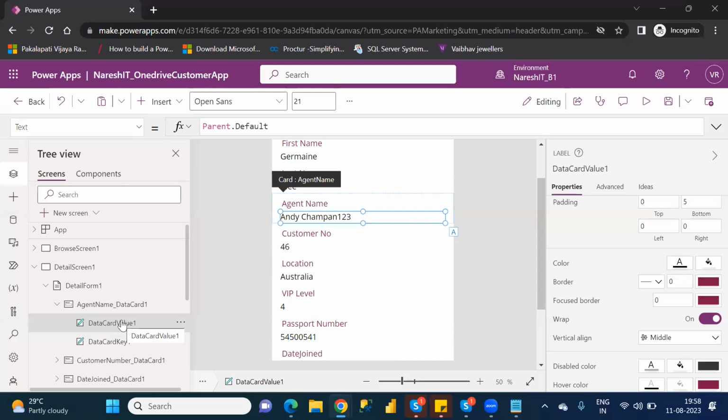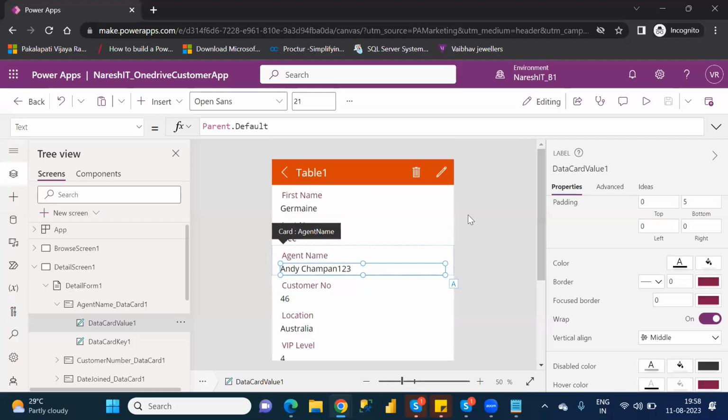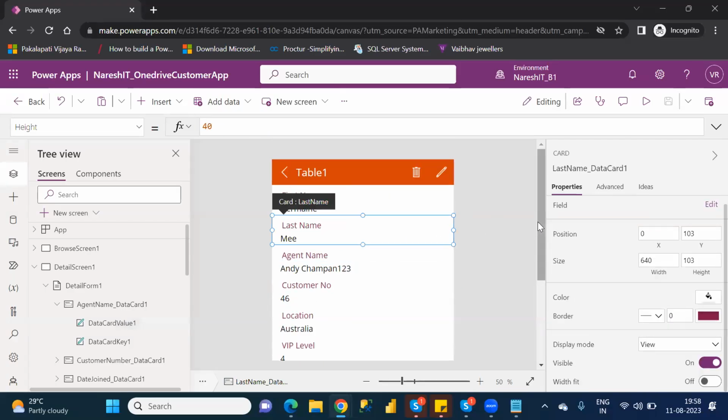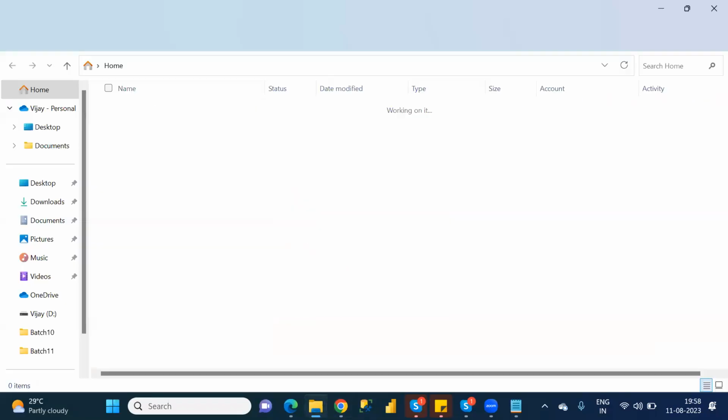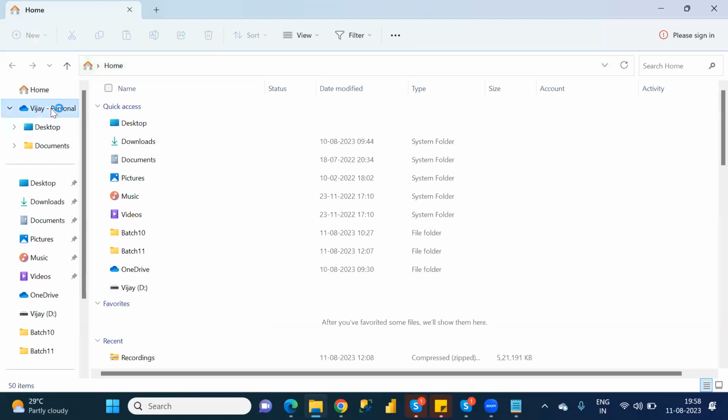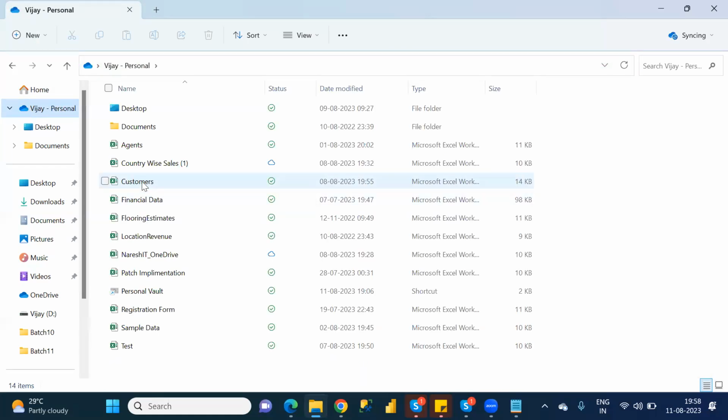If you know one element's properties, the remaining are all label elements only, right? So if you know one label element, the same options you can apply to the others. Understand? And one more thing here. When you go to the OneDrive connection, under that you will see that particular Excel. What is that Excel? Customers data. Under the customers data,